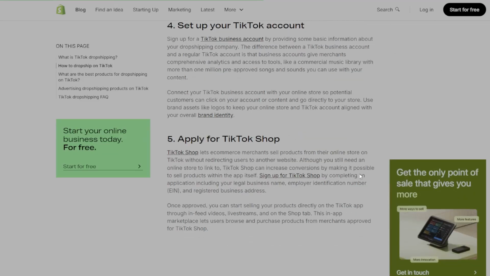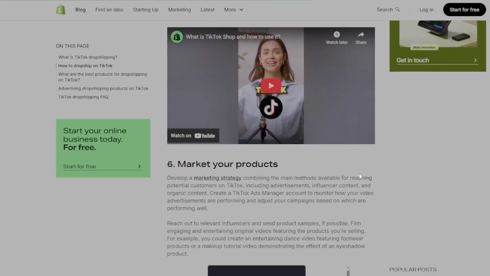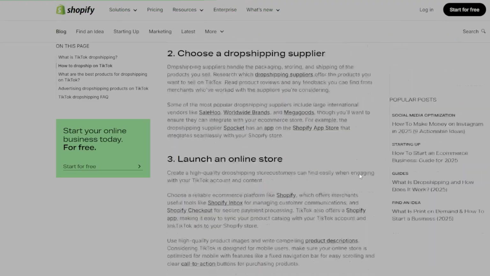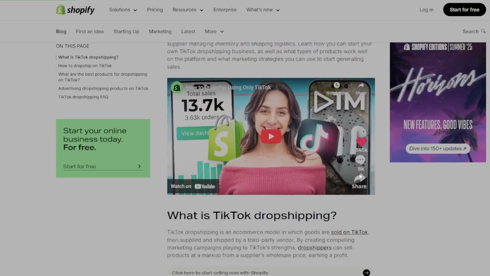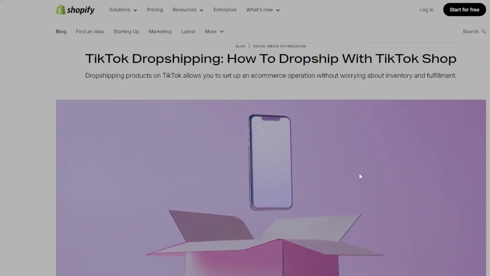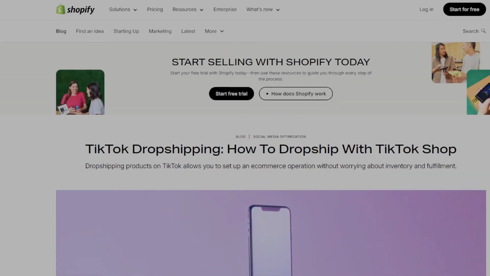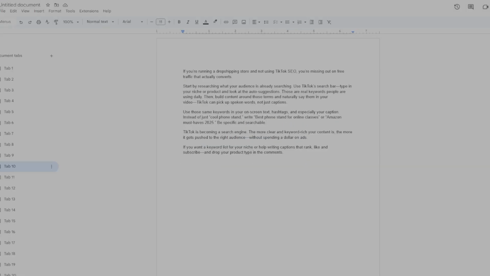video. TikTok can really pick up those spoken words, not just captions. Use those same keywords in your on screen text, hashtags, and especially your caption. Instead of just a cool phone stand, you could say best phone stand for online classes or Amazon must haves in 2025. Be specific and searchable. TikTok is becoming a search engine. The more clear and keyword rich your content is, the more it gets pushed to the right audience without spending